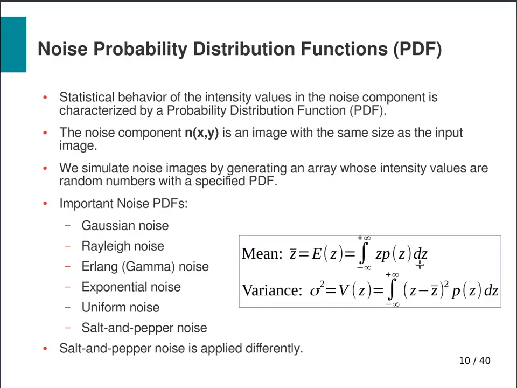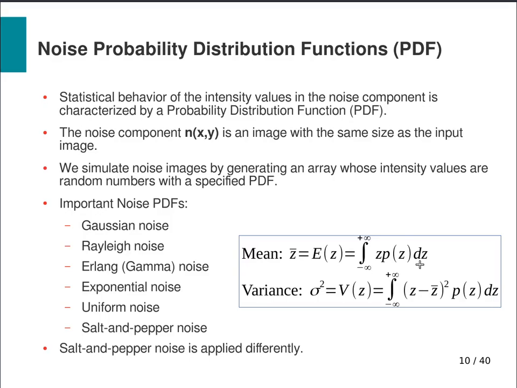If you take this integral, you get the mean value of this random variable. Of course, in the discrete case, this reduces to a summation of z multiplied by its